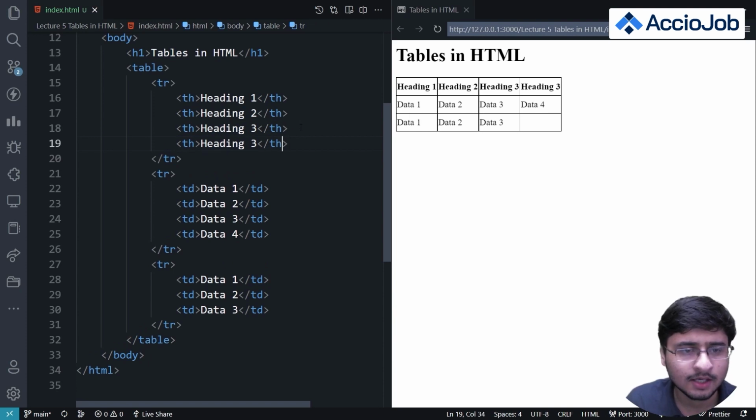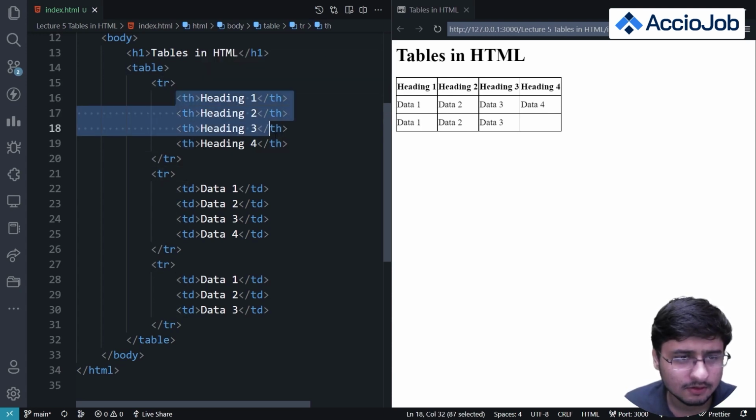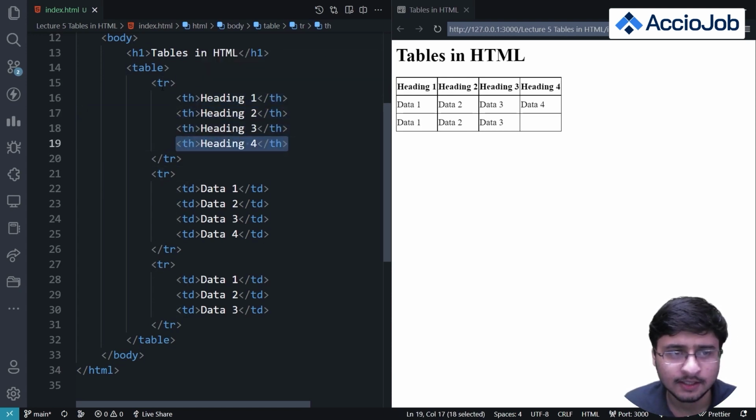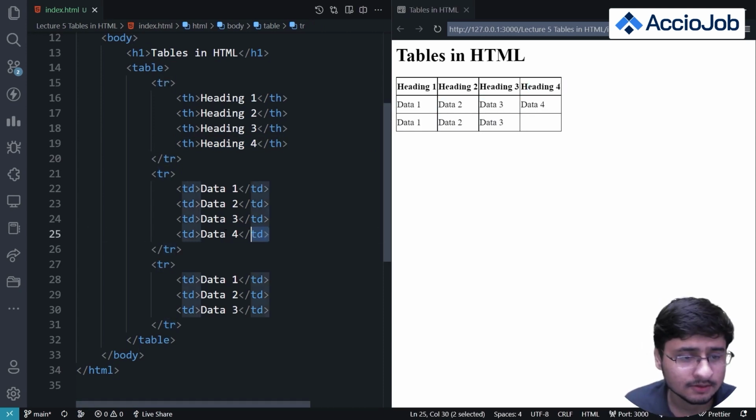In the table row tag, I can add table heading 4 here, right? So corresponding to this table row, we are having this table heading, right? So for example, I'll explain more clearly. This is the 4th heading in this table row. This is basically the 4th column. This is the 4th data, the 4th table data tag in this row.